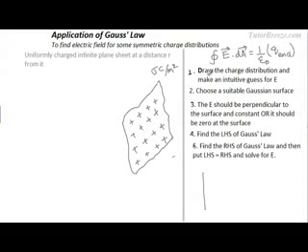Now you can see that the first step is to draw the charge distribution, which we've already done, and we have to make an intuitive guess for the electric field. Now, don't you think that the electric field will be outwards, perpendicular to the sheet? It will be present on both sides of the sheet. See, over here we've taken a positive charge on the sheet, so the field is outwards. Had this been a negative charge, the field would have been inwards.